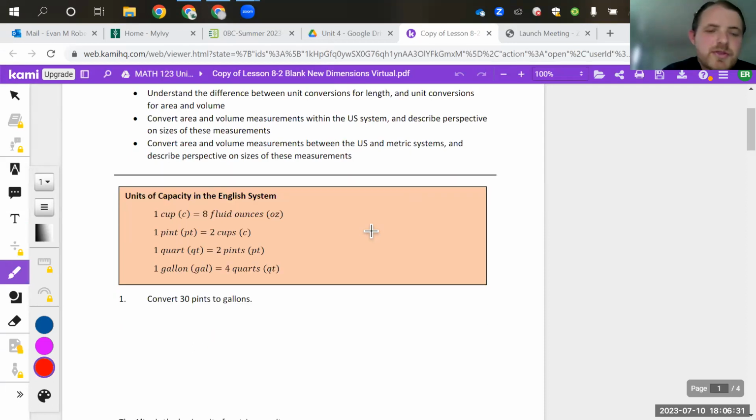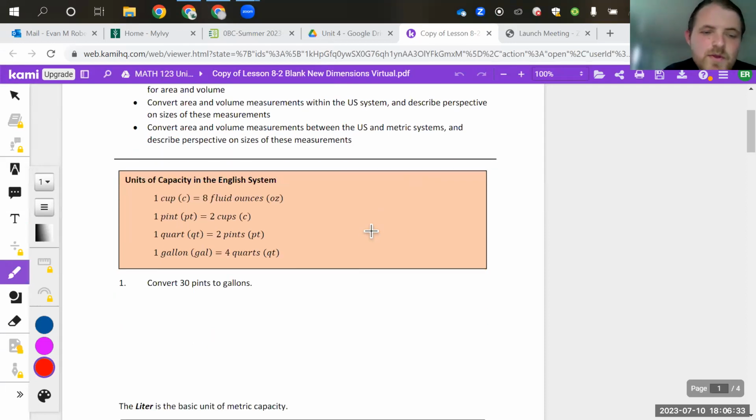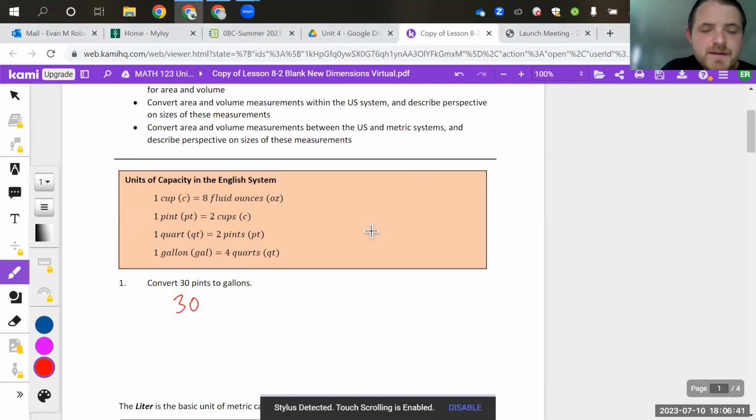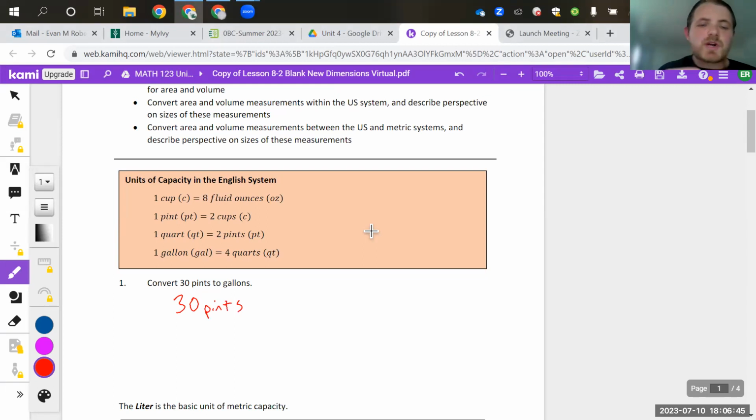So if we're starting with 30 pints, there's a lot of ways you can do this. In my experience, and if you took chemistry in high school, this will be somewhat familiar. We're going to start with the given measurement, and then we're going to multiply by different things to get us 2 gallons. So what we need to do is somehow relate gallons